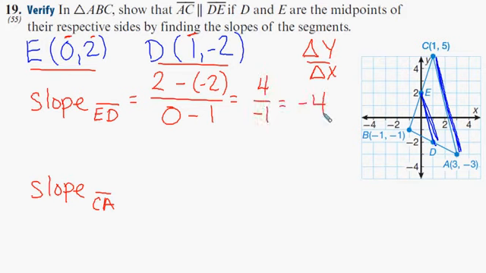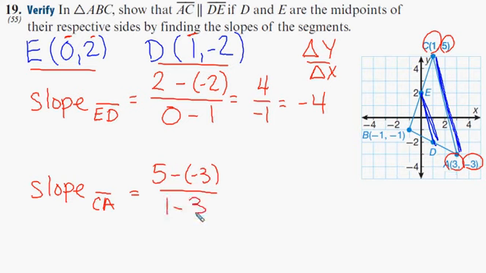Now, let's take a look at CA. The points for CA, the delta x, so we've got 5 minus negative 3. And then we've got 1 minus 3. And when we do the math on this, you can see we get 8 and negative 2, which simplifies to negative 4. And now we have proved that the slopes are in fact